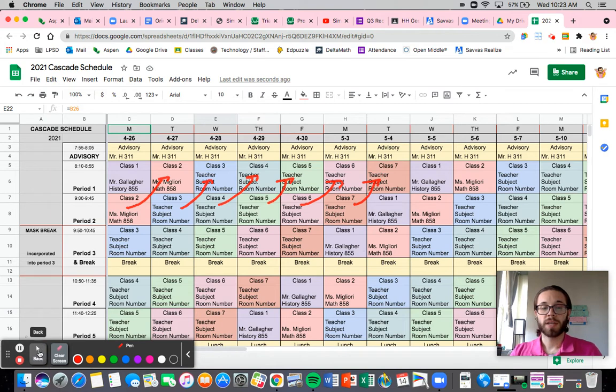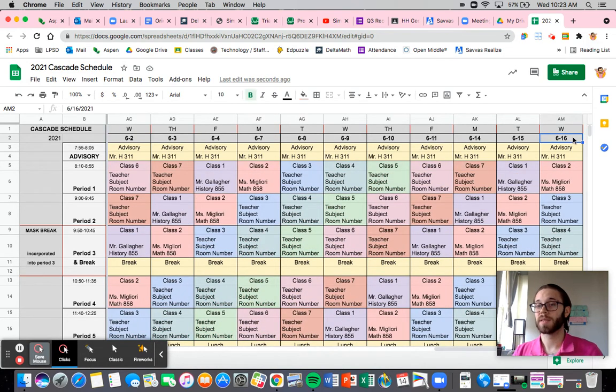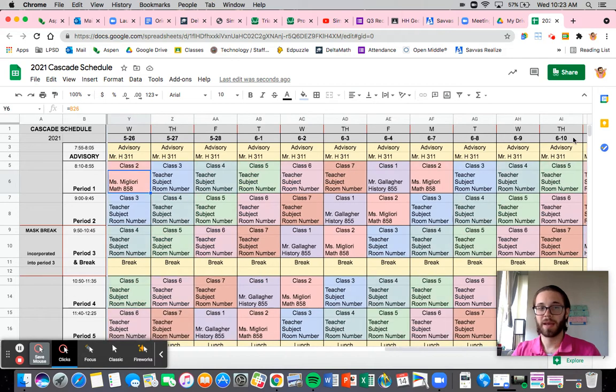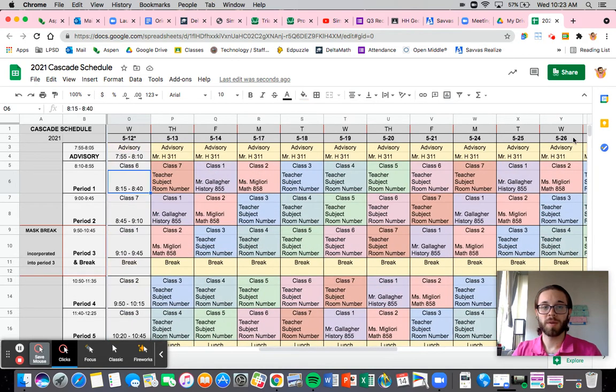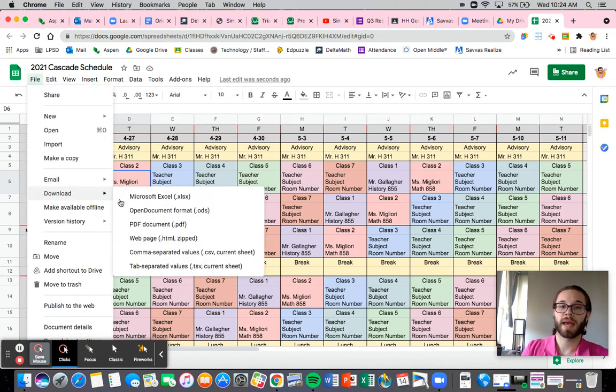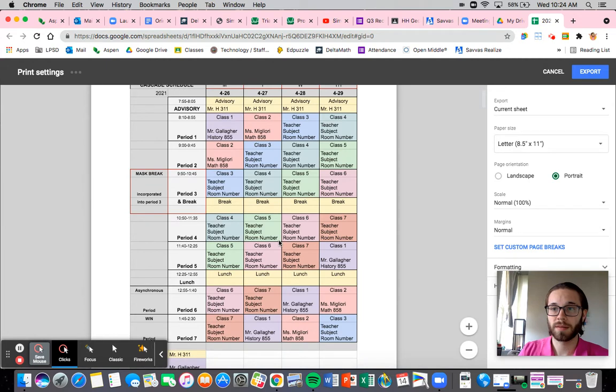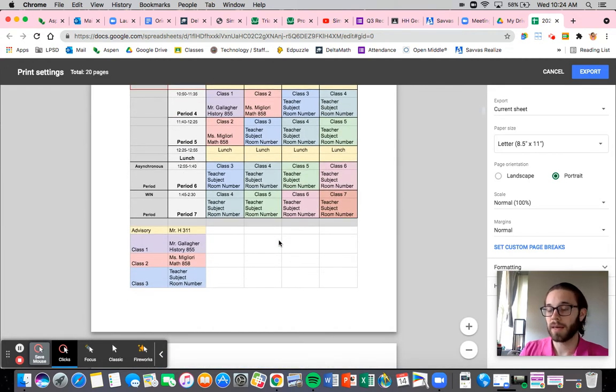Now, this spreadsheet has the added benefit of illustrating all information until the last day of school, June 16th. So once you fill out this information once, you will not have to fill it out again. My recommendation to you is going to be actually just, you can download it as a PDF. If you download it as a PDF, change it to portrait. You can then save it and put it directly on your desktop.